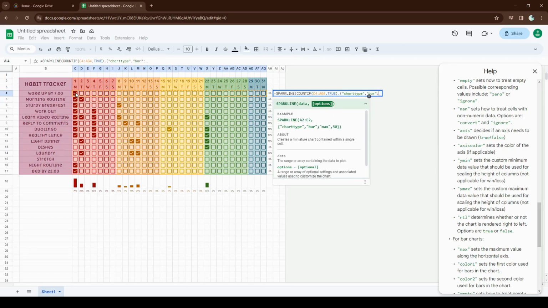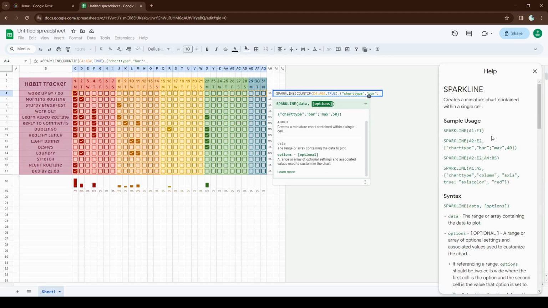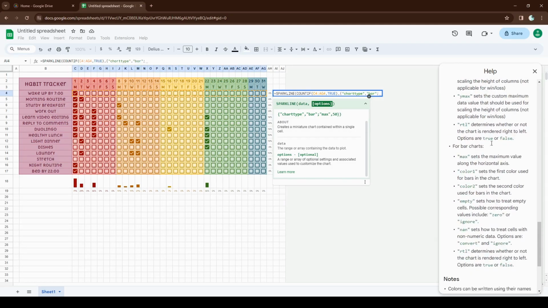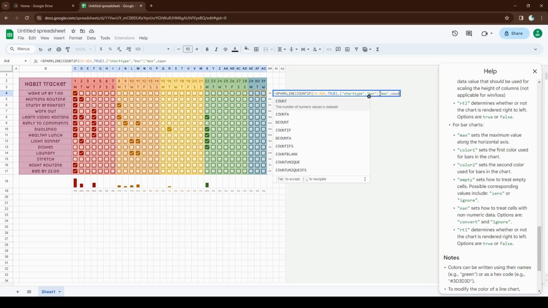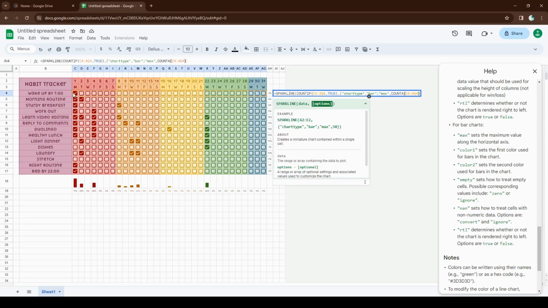and then semicolon. Now let's go back into here because the syntax for the bar graphs is different. So let's scroll down to bar charts. And here you see it's just max. There's no min. Also with bar charts, you have to actually specify the color, because for some reason it doesn't work to just do the text color for that. So yeah, go max, comma, and that is count A, and select the range, and semicolon,